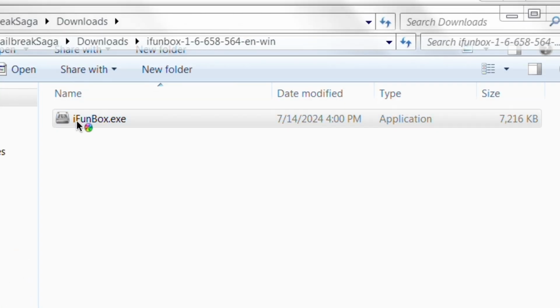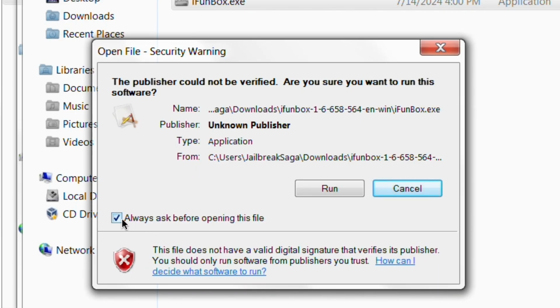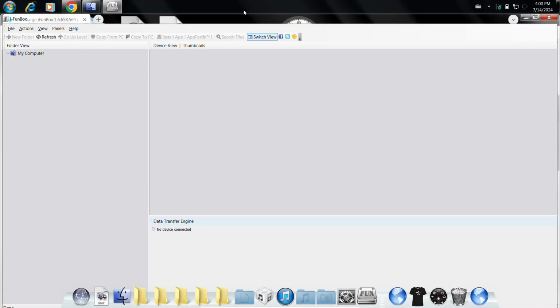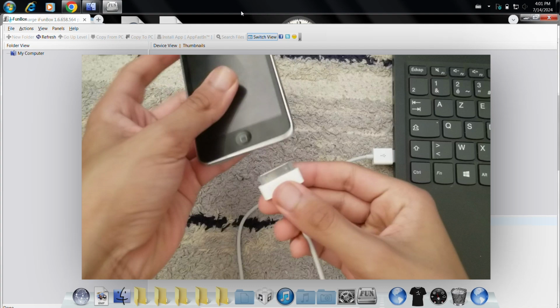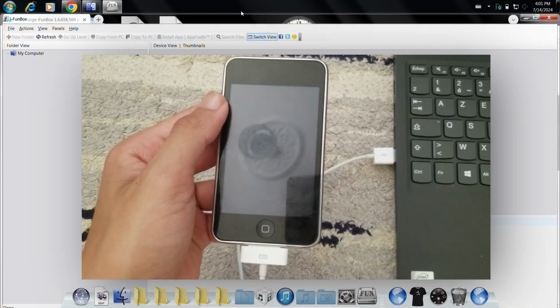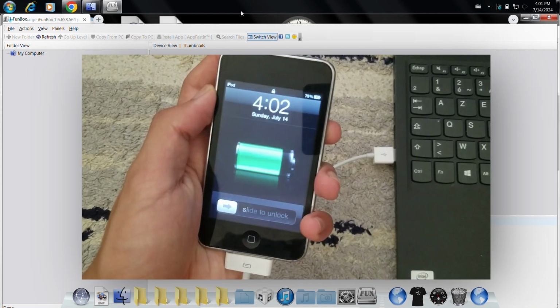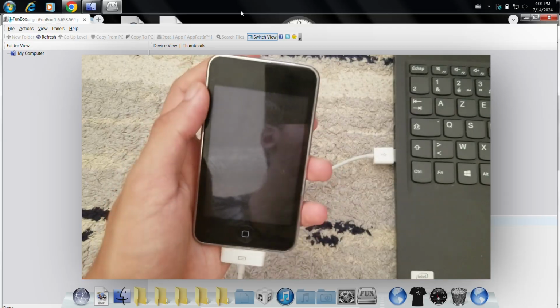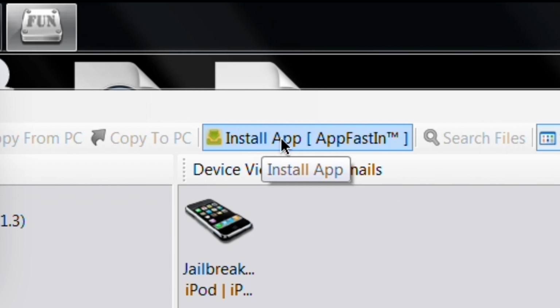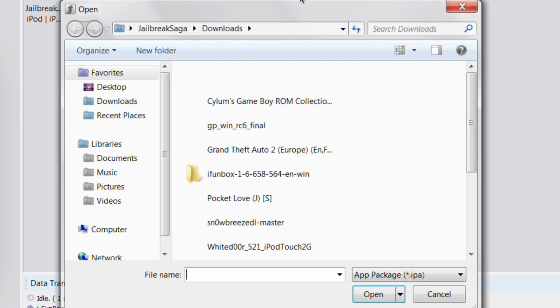Now you're gonna double click on the exe file. I'll just untick this. Click run, and there we have iFunbox. Now you'll plug your device to your computer. There we go. Now it says, as you can see, right here connecting to the device. Now you're gonna click on this install app fast in, and it's gonna bring you a dialog box of the